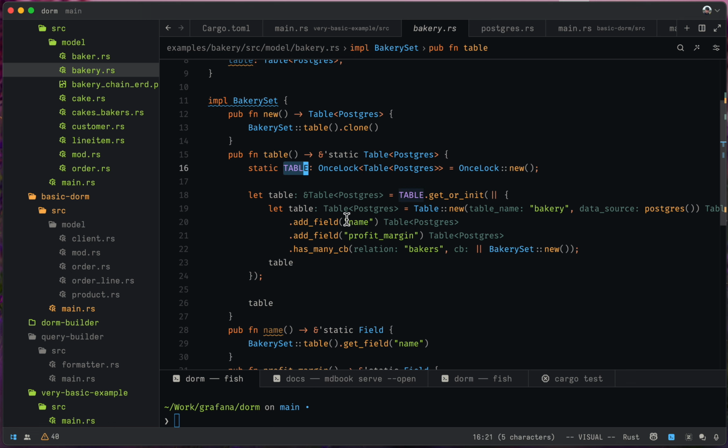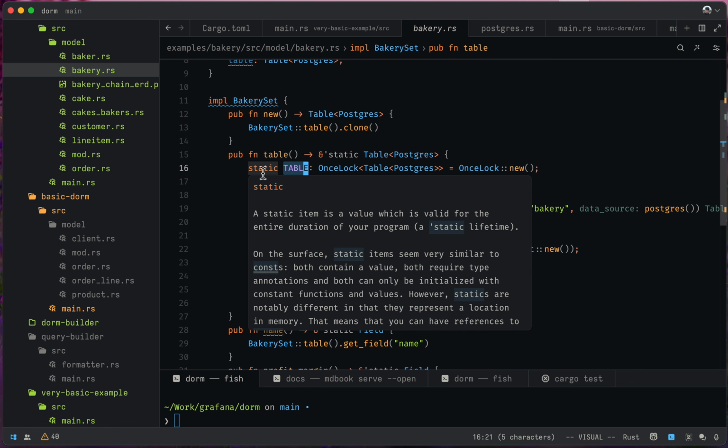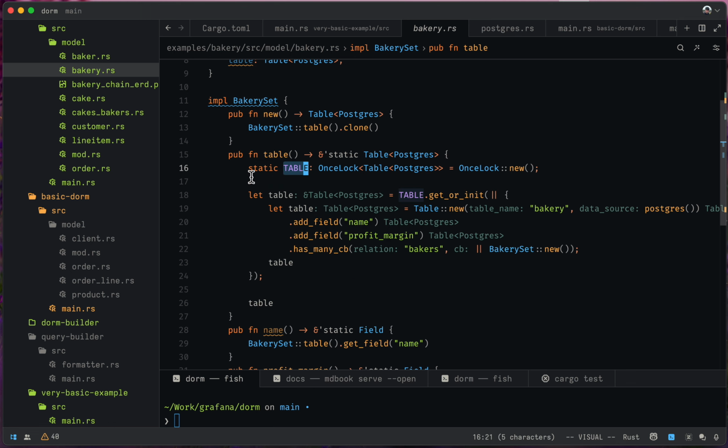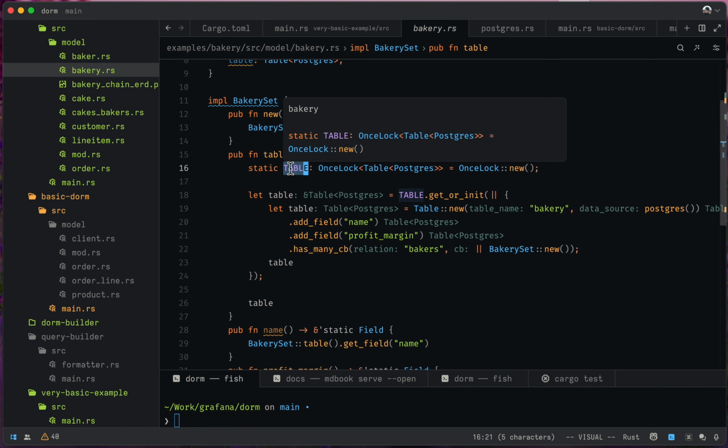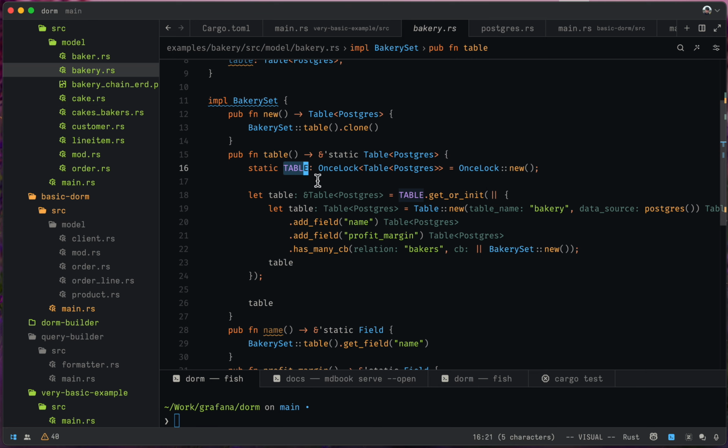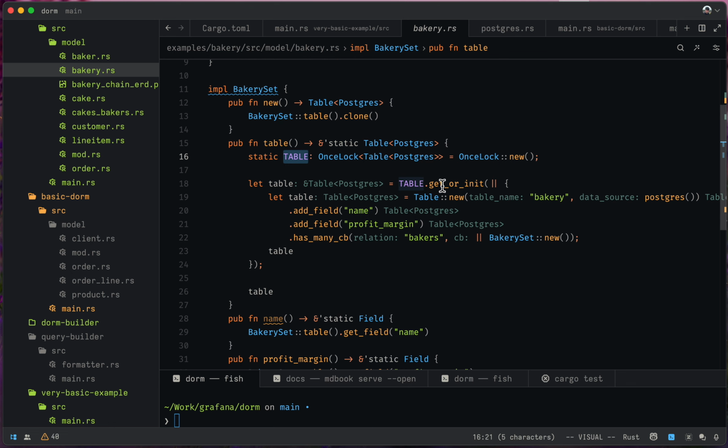So we have a table, which is a static variable, but it's defined inside this scope here, right? So potentially cake will also have its own table static variable, but it has nothing to do with our variable. All right, and then here we're saying this is the lazy initializer that initializes the table, and then we're going to return the table,